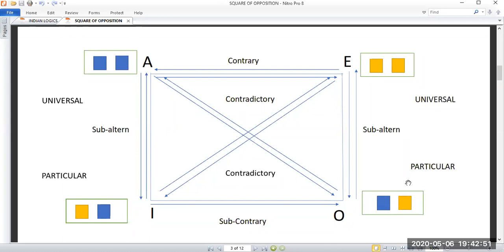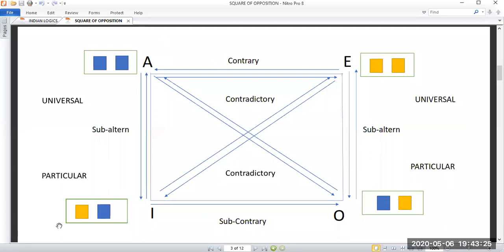If you take this as false, then this can be true. If at least one should not be blue is taken as false, then both are blue. So automatically A is true. If it is false, this is true. If it is true, this is false. So are you getting what I am telling?